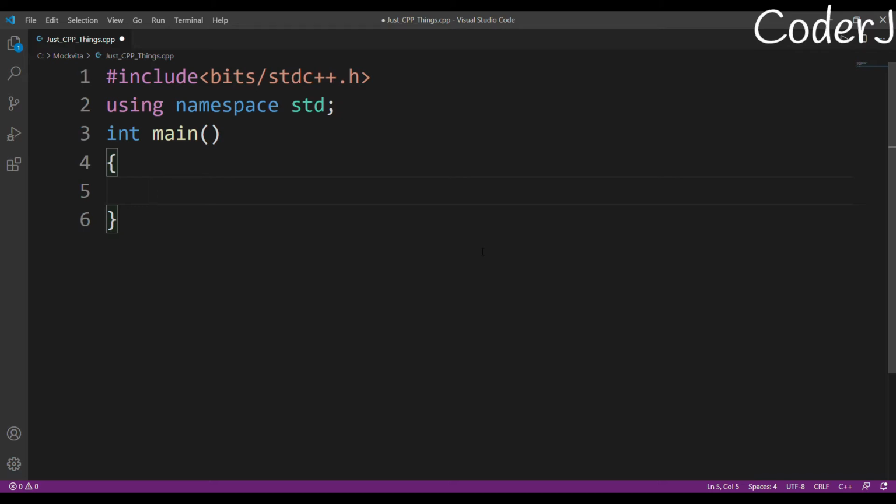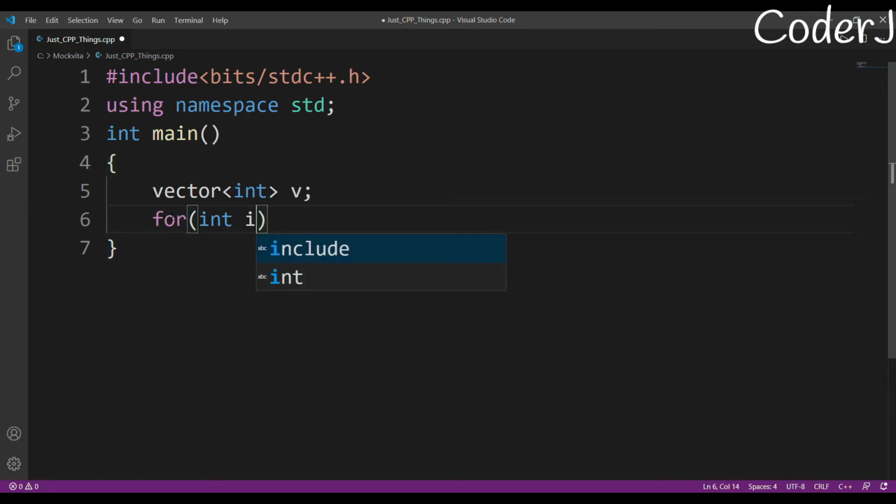So how to declare a vector? What's the syntax? Just write vector, and then you can write which data type you prefer. So I can just write int, I'm making it an int, and then the name of the vector, v. All right, with this we have declared a vector. Now how to insert a value in a vector? Okay, I'll be inserting, let's say, three values. I'll iterate my loop three times,